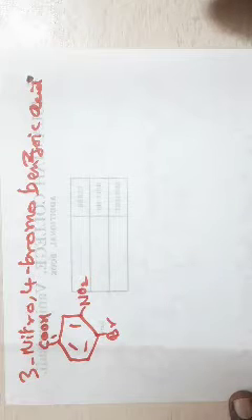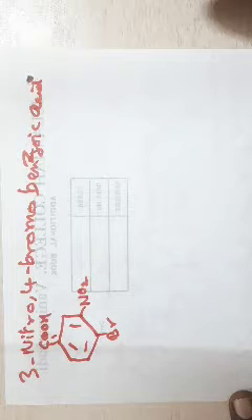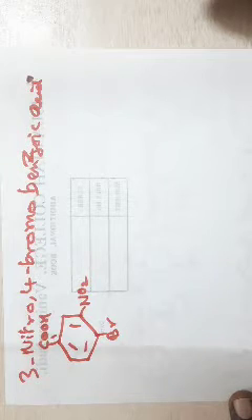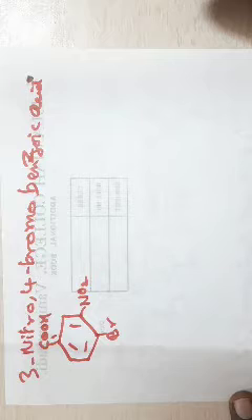One possibility is we can introduce a formyl group, and the formyl group can be oxidized to give you a carboxylic acid. But the difficulty is formylation takes place with the activated substituents only. Nitro group is deactivating, so the reaction will be very slow. If you want to formylate the meta position with reference to the nitro group, and the bromine you have in the ortho position of the nitro group, how can you do that?